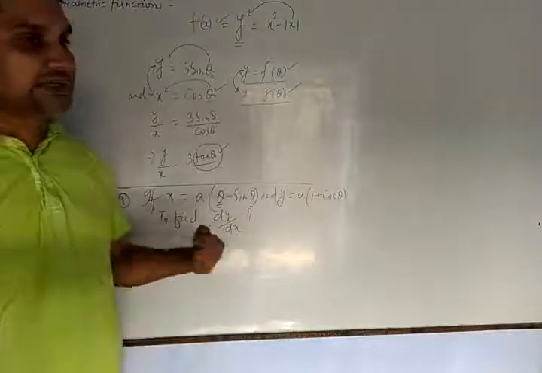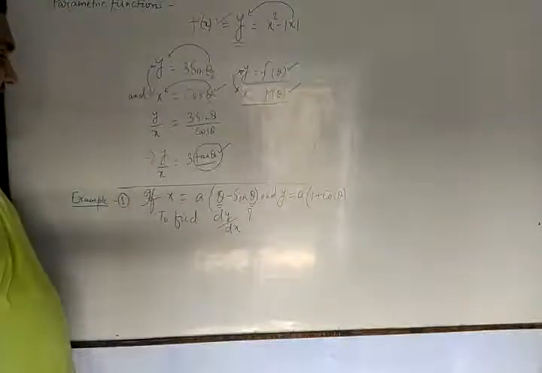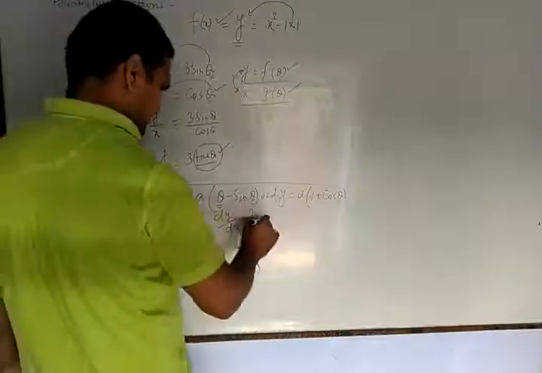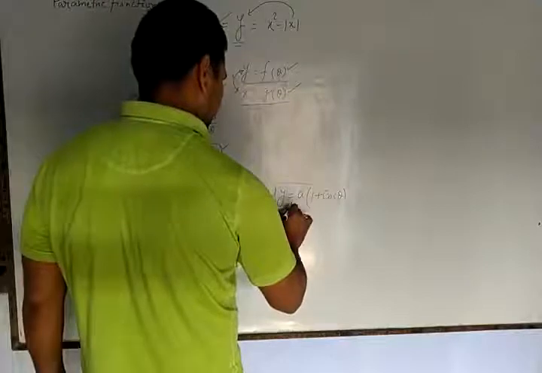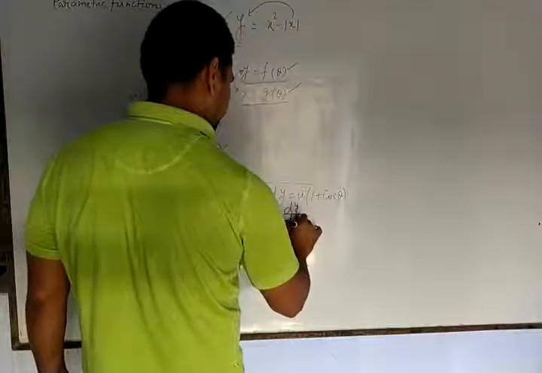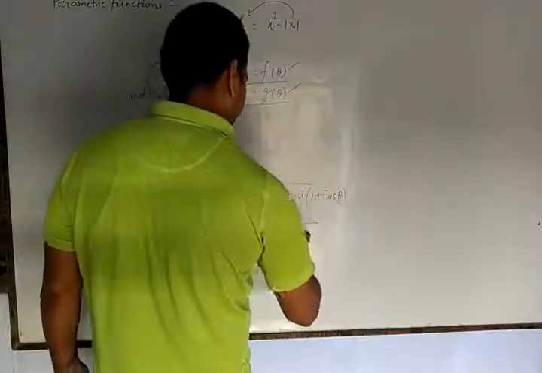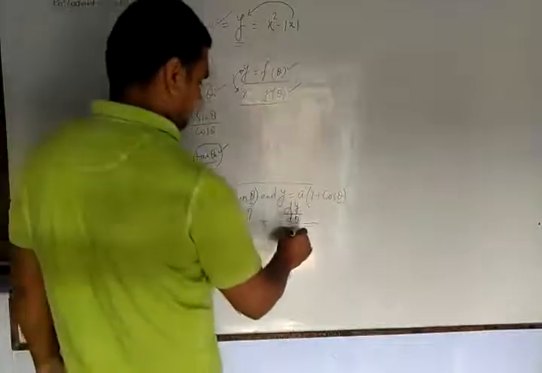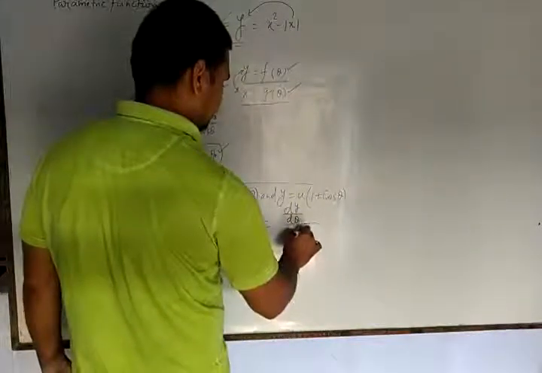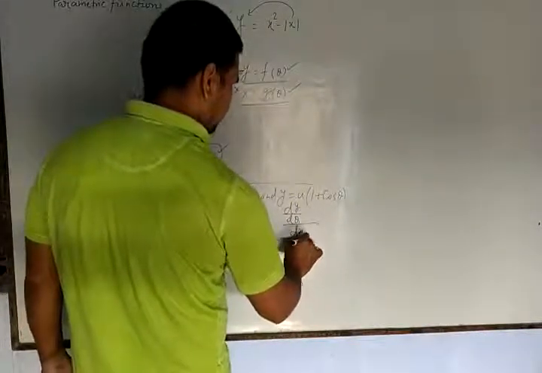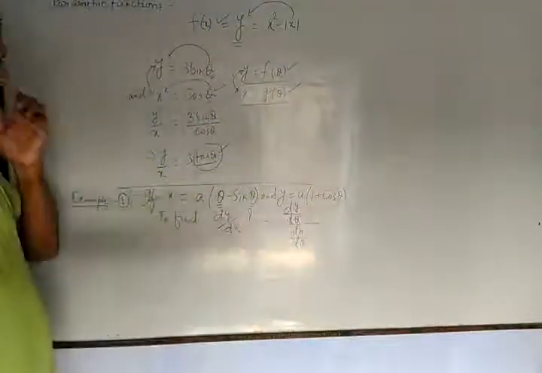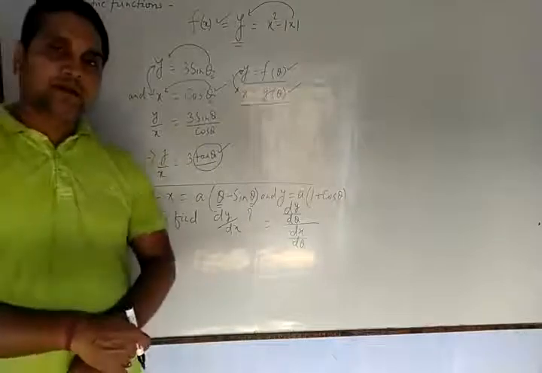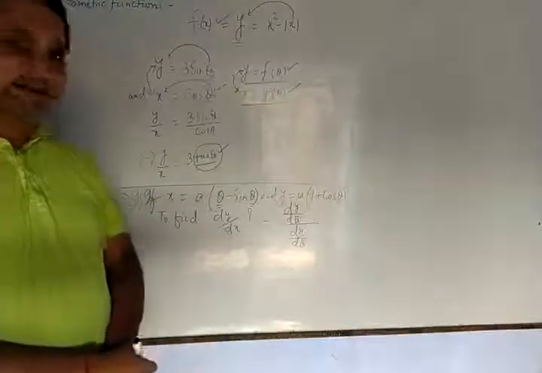So we cannot directly do it. So what strategy should be followed? To find dy by dx, can we divide both by d theta? Will it change? Look, if we do dy by dx as dy by d theta and dx by d theta, is there any change in this value? D theta will be cancelled and it will be dy by dx. So no change occurs here.